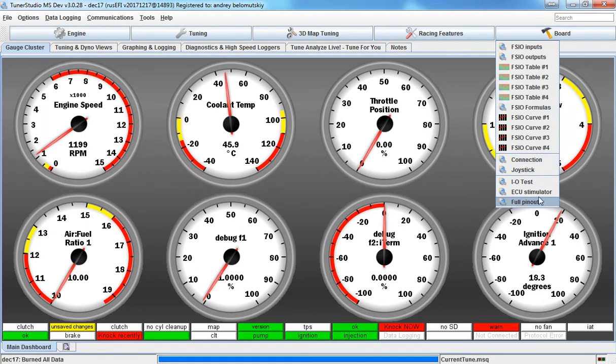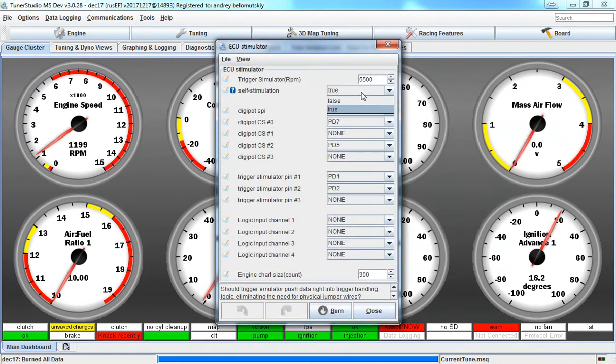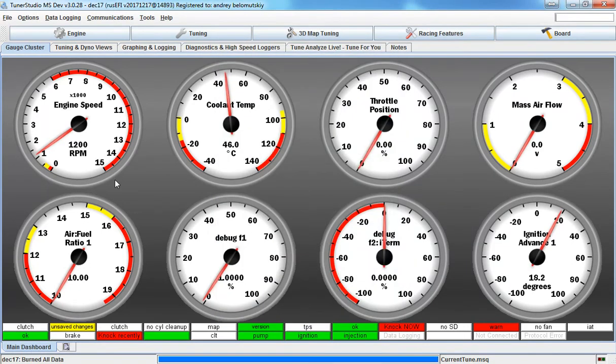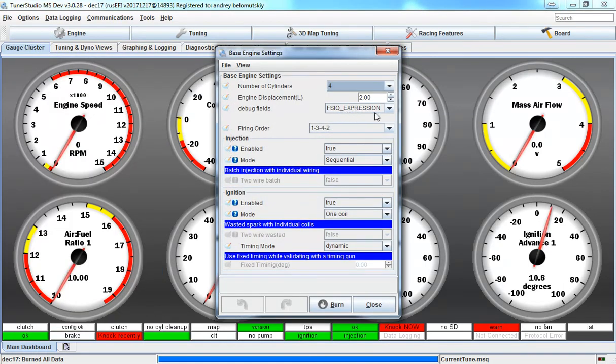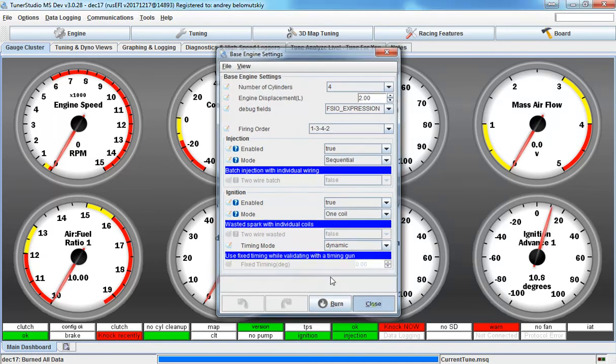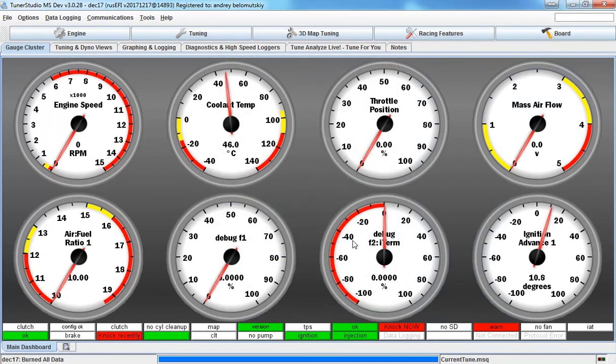And I guess if we disable the stimulation, is it going to work? Nope, it didn't. Yep, the stimulation was disabled and that thing went to 0. So we've just discovered a defect: stimulation RPM control doesn't work for TunerStudio. That's minor bad news, but great news is that flexible input output seems to be working, and we now have that debug mode FSIO expression, which would allow you to see the current value through those debug F1 through F7 gauges, and that allows you to play on the bench without